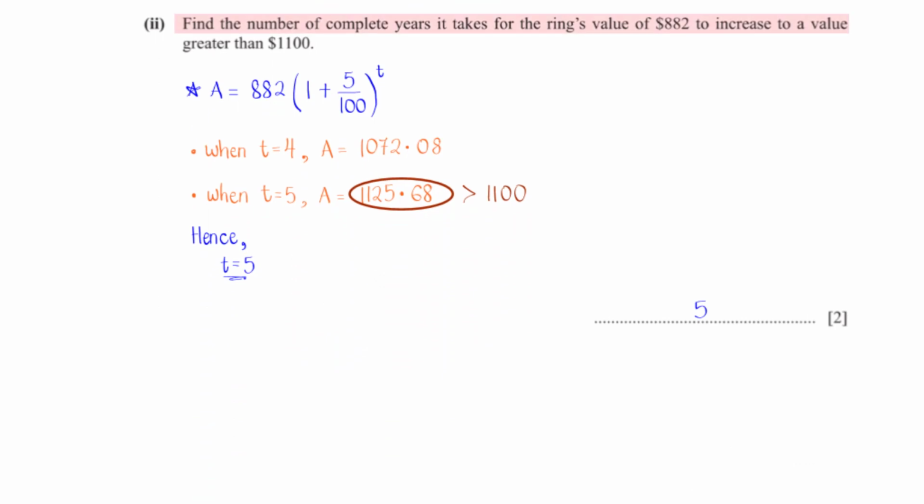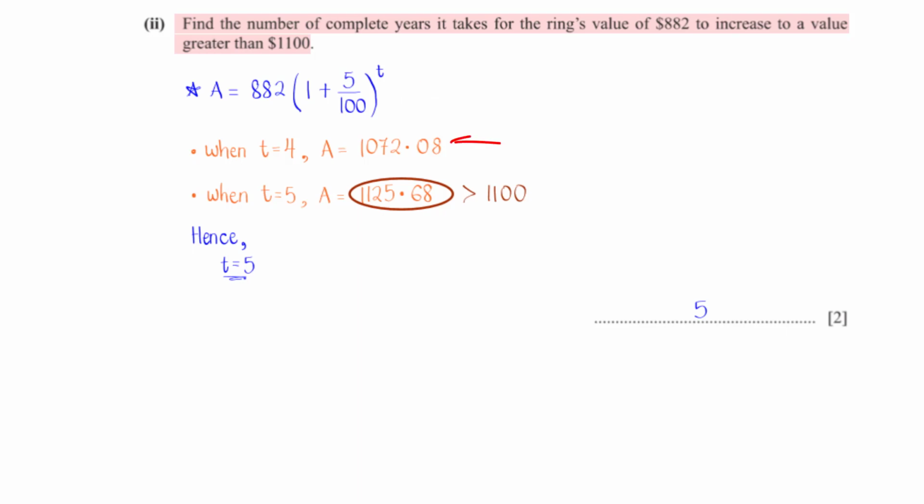Find the number of complete years it takes for the ring's value of $882 to increase to a value greater than $1,100. First, let's set up our compound interest equation. We know small a is $882 and r is 5. If you are familiar with the use of log, you can apply it to find the value of t, or we can use a trial and error method to get the value of t. With that being said, we need to find the value of t that gives us the value of big A to be greater than